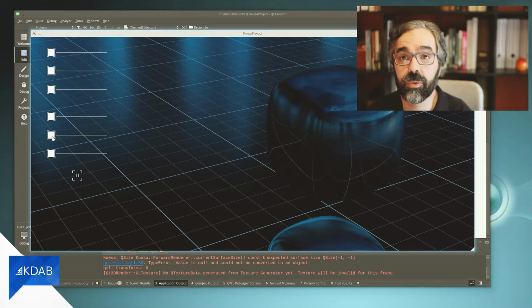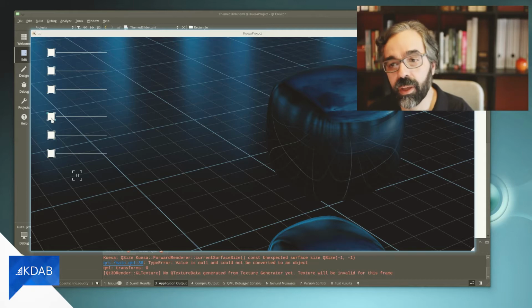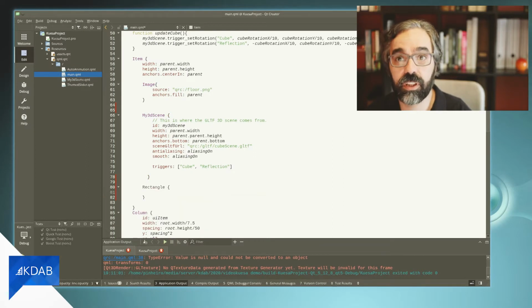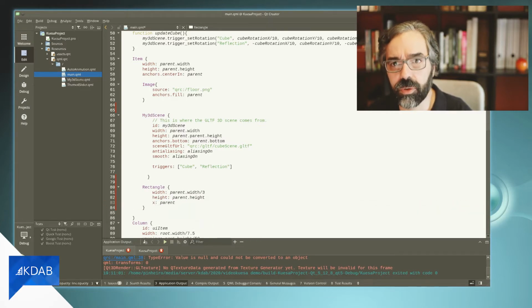Next step is to create a more realistic reflection over the floor. To do so, the first thing that we do is to put our 3D scene inside an item that contains it. So we don't put so much effort into the Qt Quick graphical effects that we're going to use.